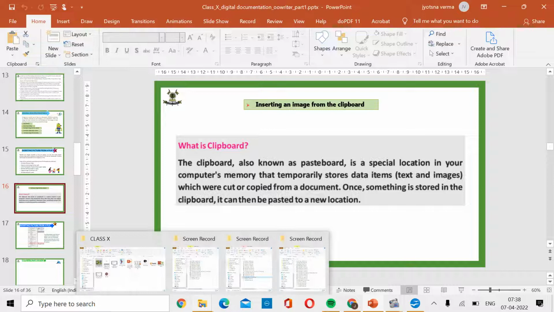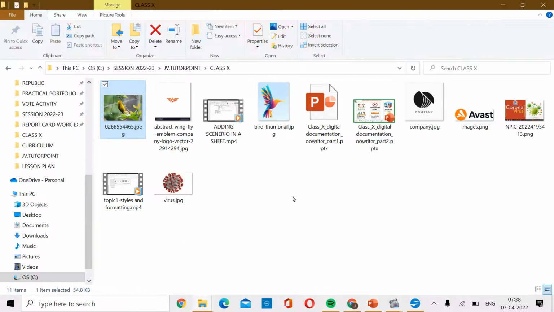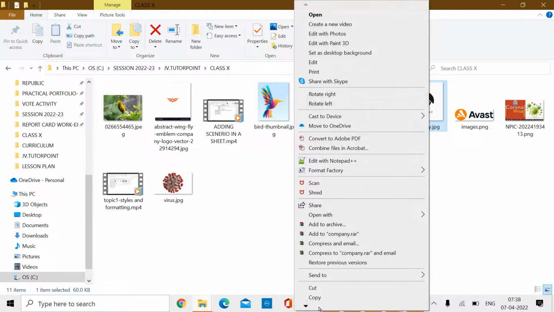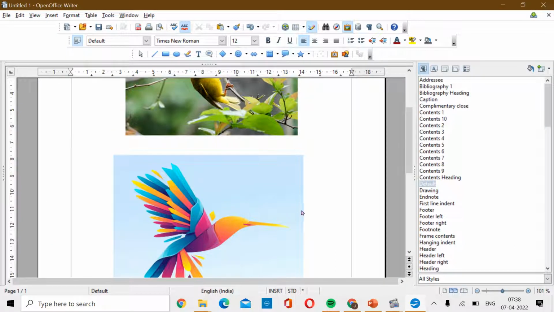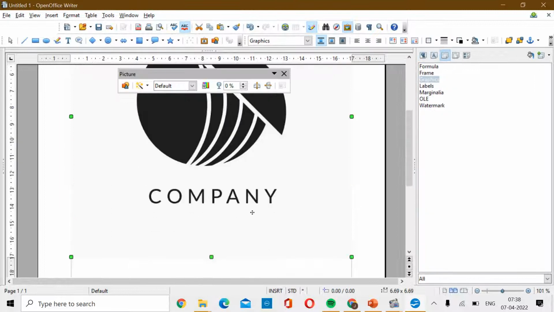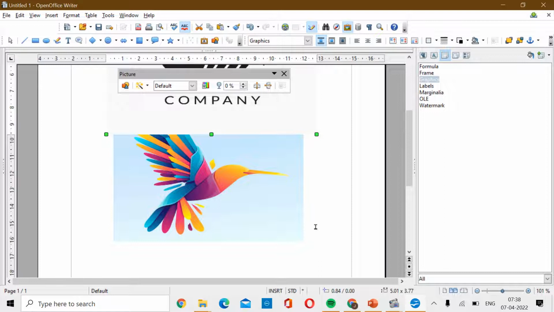So I am taking you again back to your folder. Select the picture, right click and then go to copy. The picture is copied, or either you can press Ctrl C. Come back to your document and here you can press Ctrl V, right? Can you see the picture is again placed? Again you can resize the picture.